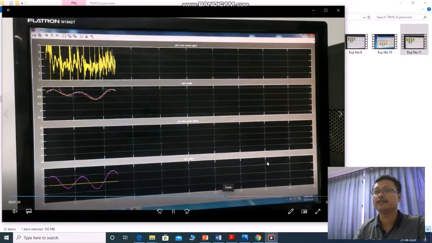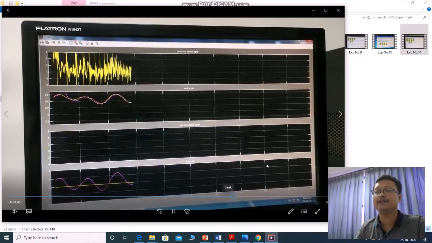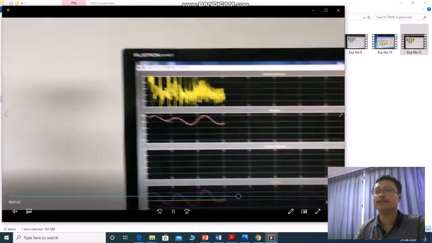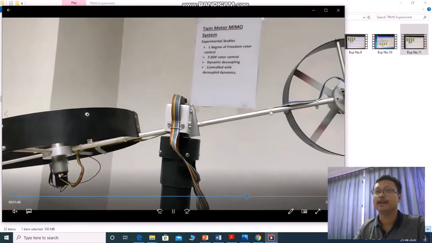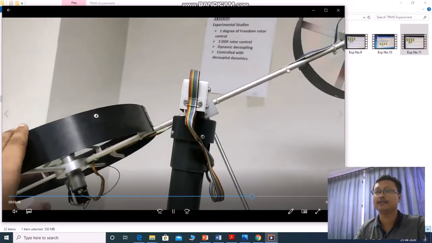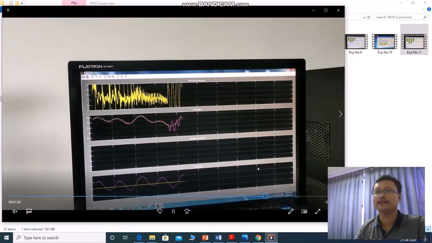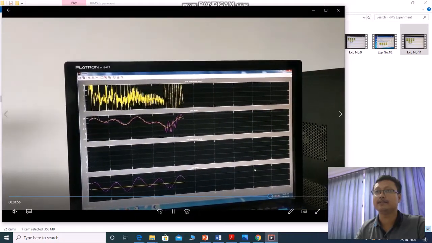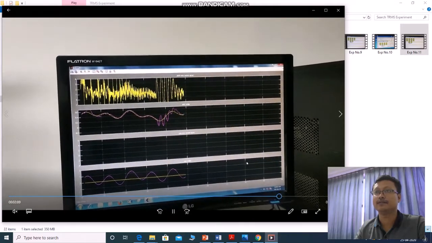Now with this PID controller on the 2 degree of freedom rig, both the fans are rotating and it will try to balance at a particular height. But if you give an external force to disturb the system, the system with the PID controller tries to balance it after some time.